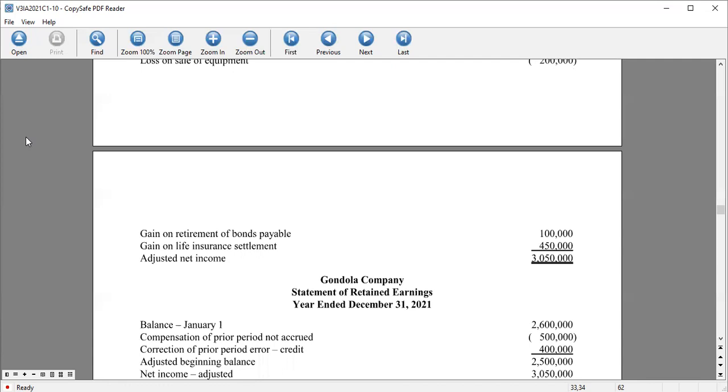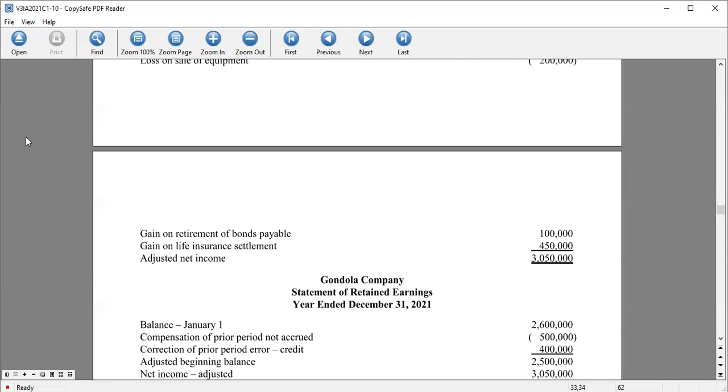Then we have now your balance of the retained earnings. Beginning, we have the compensation of prior period not accrued. So we have to deduct. It was supposed to be a deduction. So the effect was retained earnings overstated. Then correction of prior period credit error being a credit. So we now get the adjusted beginning balance of 2.5 million, the net income as adjusted of